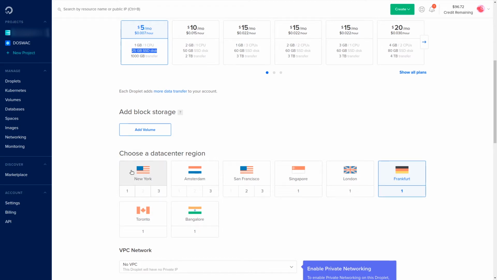DigitalOcean has its data centers in multiple different locations based on the frequency of usage and customer base. A data center is the place where the physical servers are kept and maintained. If you are hosting a website, choose the data center nearest to most of your users, as this will reduce the latency in the requests. Or if you are going to execute some scripts or use this server only for your own needs, then choose the one near to you. I am going to select the London region for now.